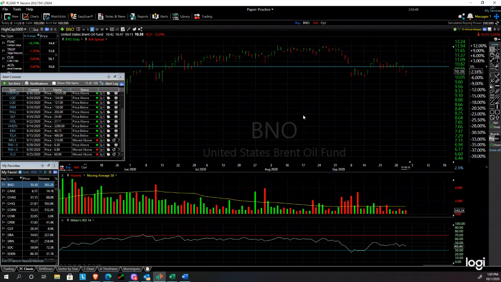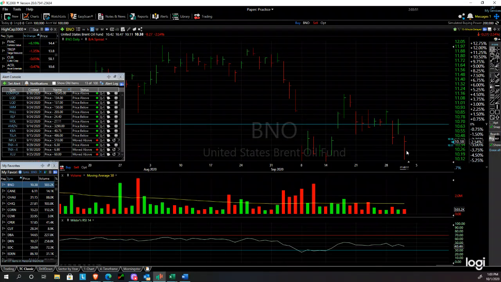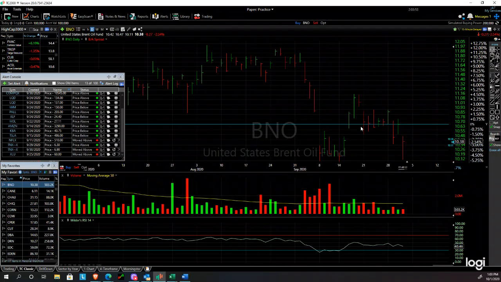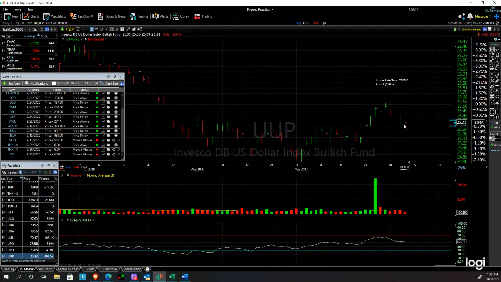Oil, as represented by Brent crude, you can see not good, off 2.5% today. The U.S. dollar about flat. You can see yesterday the dollar was all over the place, and then we started to see it move a little bit higher, and now today it's kind of flat to low. So we'll see how that develops, but it would appear, based on the math of the market, that the dollar wants to trend itself higher. Dollar today is trading below 94.